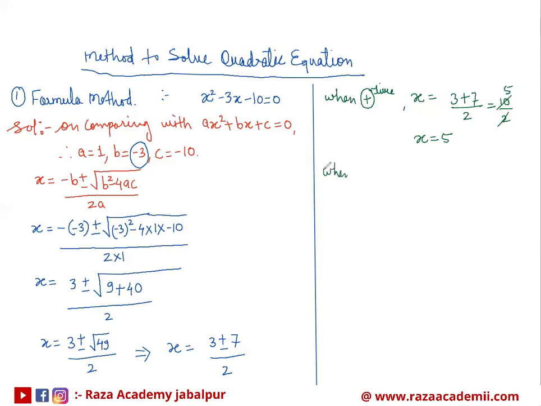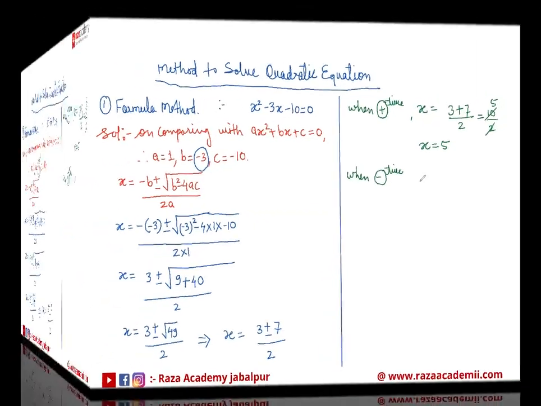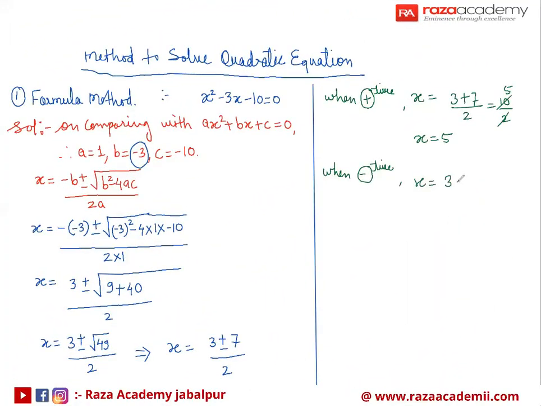Secondly, when using the negative sign, the value of x is 3 minus 7 upon 2. So here, minus 7 plus 3 will be -4 upon 2. 2 1s are 2, 2 2s are 4. So finally the second value is x is minus 2. So the roots of the quadratic equation are 5 and minus 2. I hope it